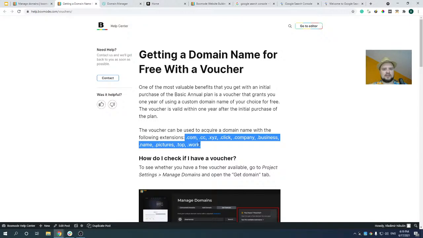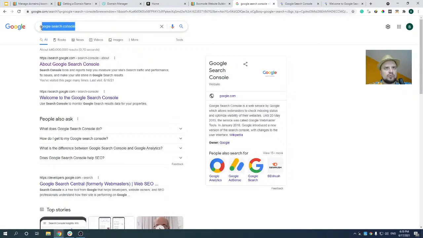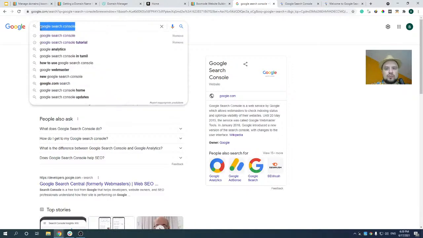And now let's move to the final question of our webinar. It's how to connect your custom domain to Google Search Console. Google Search Console is a free tool from Google that allows you to get useful information about your website performance in search. It highlights eventual problems that the website has. It provides suggestions on improvements. It shows search traffic dynamics. It shows keywords that people are using to find the website in search.